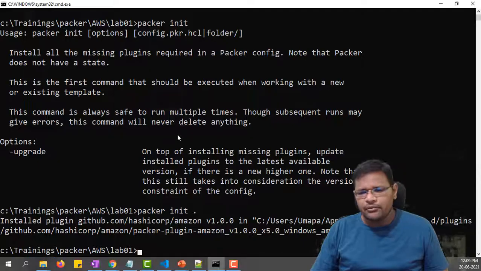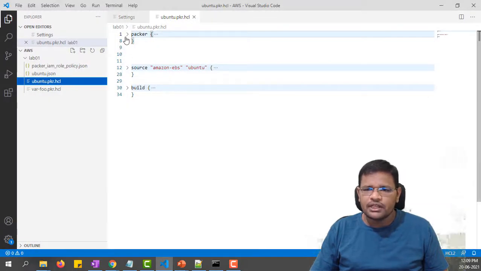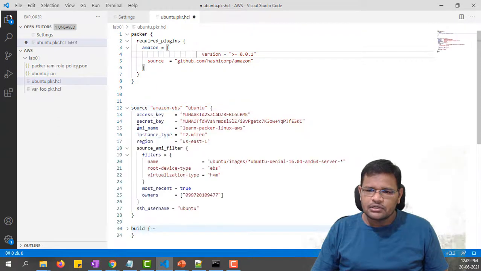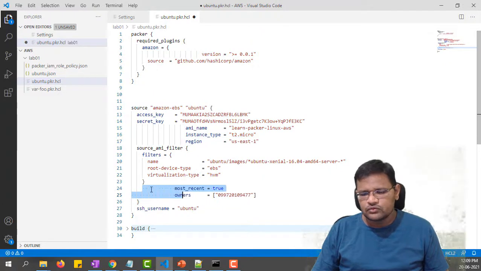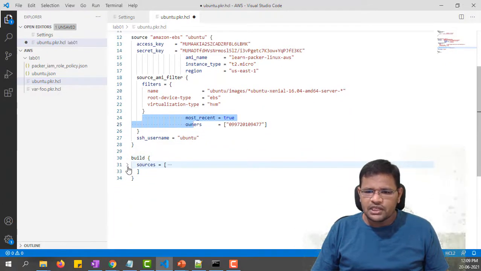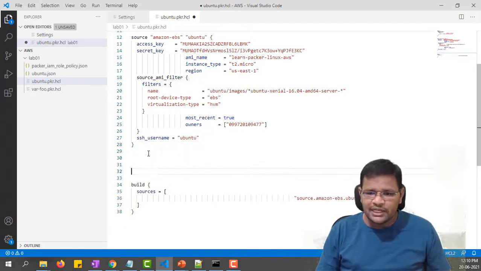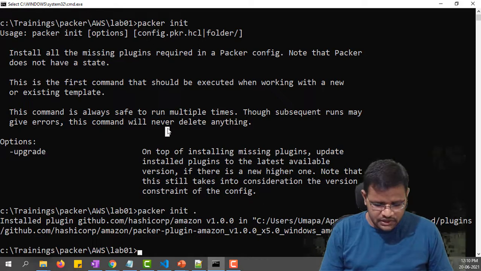So let's see in the command prompt. So we have the files. So here I have the file. I want to just make some disturbance. I'm putting some tabs, and I want to make here also some tabs. So I'm just making some changes here and there so that we can see what this command will do. So I'm putting this somewhere else, and also I'm putting some new lines. Let me add here also some new lines. I'm saving this file. Let's go to command prompt. Let's run Packer,